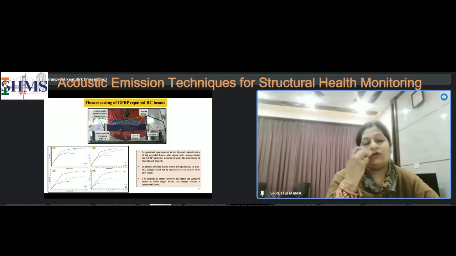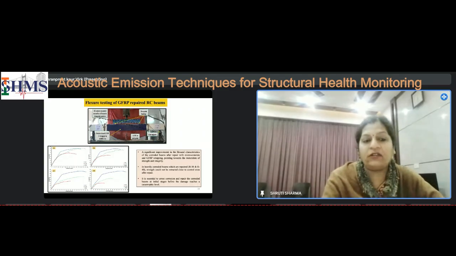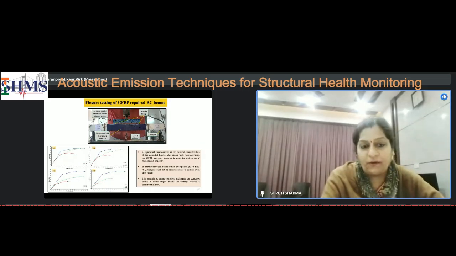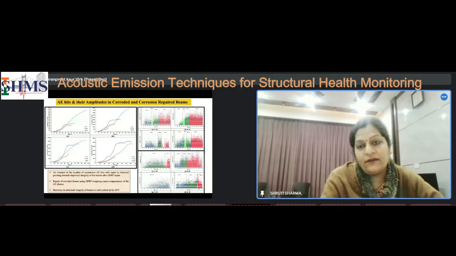So when the corrosion has exceeded beyond a particular limit, there is no utility or effect of even GFRP repair. And while we were doing the loading, we also monitored with AE sensors. Next slide. So what we saw